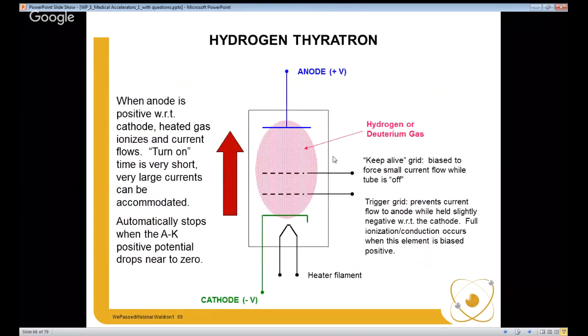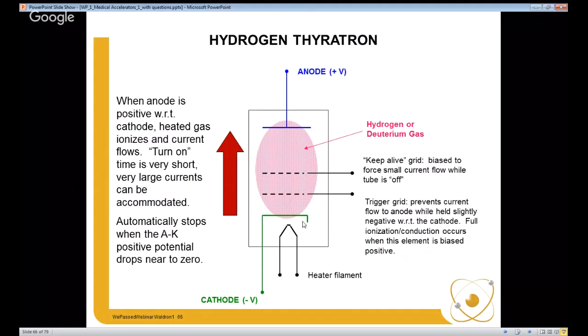I do want to make sure that we talk about hydrogen thyratrons. They're present in most of these machines. Functionally, it's a very high current, fast switch. It is an envelope filled with hydrogen or deuterium gas. It has a filament, a cathode, and an anode. It also can have up to 3 grids. When the anode is highly positive with respect to the cathode and the gas is at the right temperature and pressure, current will flow from cathode to anode until such time as the voltage difference is minimized, and then